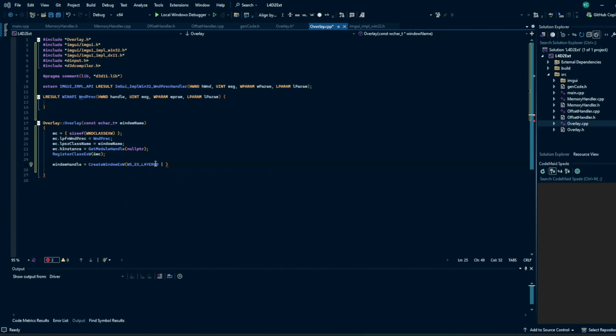This flag is going to make it so it's layered, which means Windows will redraw it as soon as it can, unlike some other windows which it redraws every other frame. This makes it so we don't have any flickering when we're drawing the ESP or the menu. Then we're also going to have